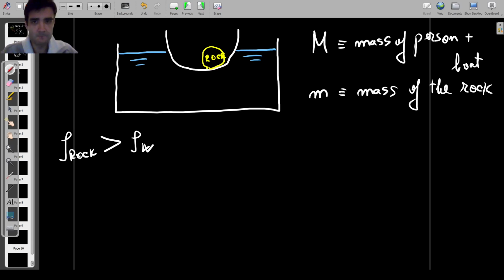In the first case, we have the rock and the person in the boat, and the boat is floating. And in the second scenario, we have to look at what happens when the rock is basically on the bottom of the swimming pool and the boat only has the person in it. Okay, so let's start with case one. So in case one, we've got